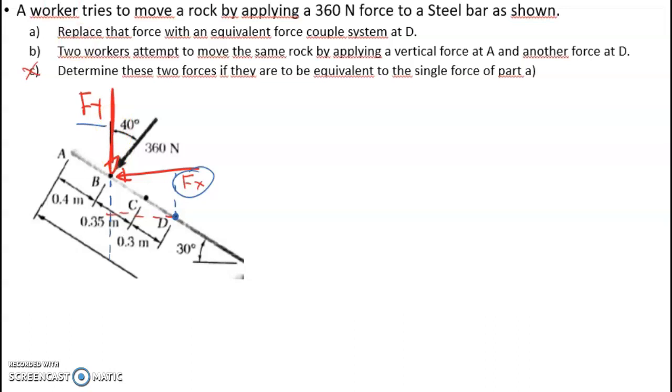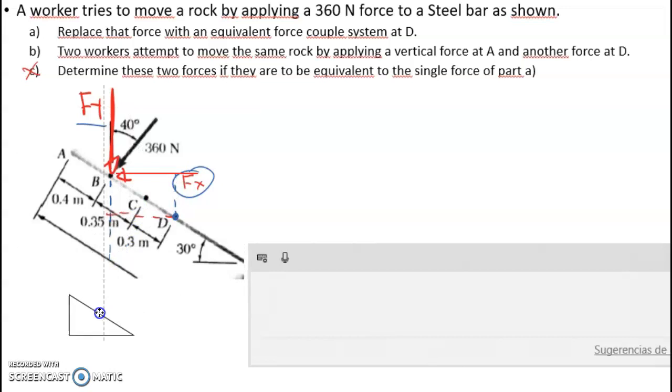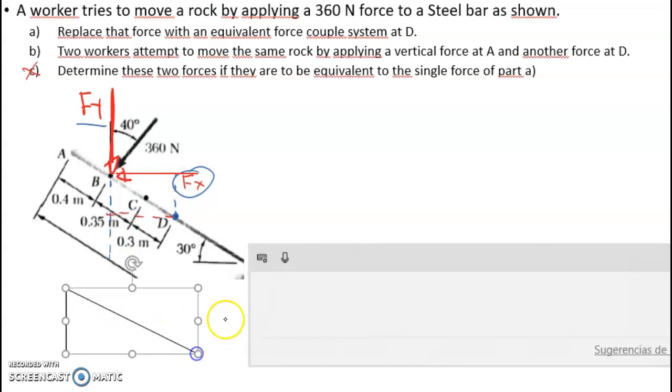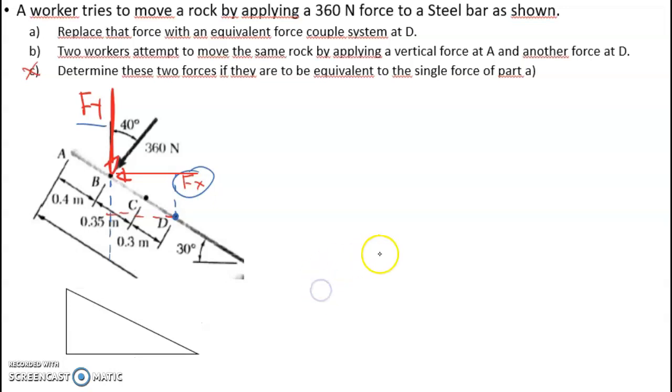If you see, that's equivalent to having a right triangle in here. We can analyze this right triangle. I know this right triangle is going to have a 30 degree angle, and that the hypotenuse is going to be the addition of 0.35 and 0.3 meters from here to here. That means from D to B, we'll actually have 0.65 meters. In order to create the moments, moment about D is going to be moment about D1,